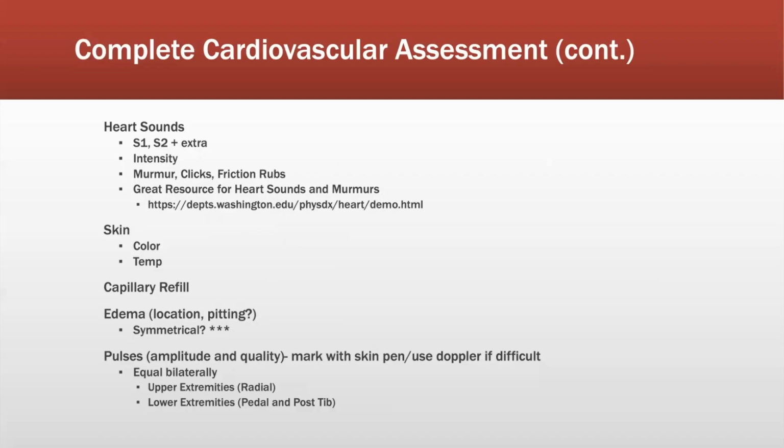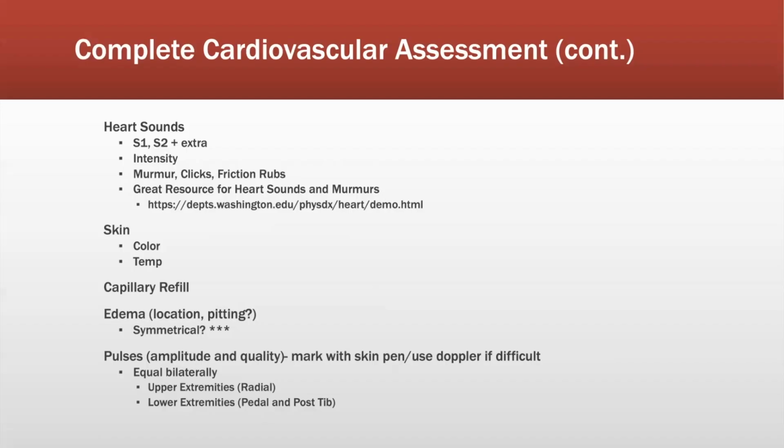You want to look at their skin, the color and temperature. Are they pretty diaphoretic or are they actually cool and dry? Check for cap refill. We all know that normal is less than 3 seconds. We also want to assess for edema. We want to make sure that their right and left arm and right and left leg are symmetrical. If they are not, you need to assess for something called a DVT or some kind of thrombosis